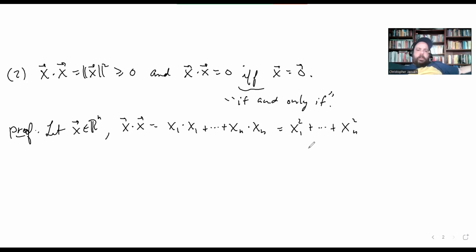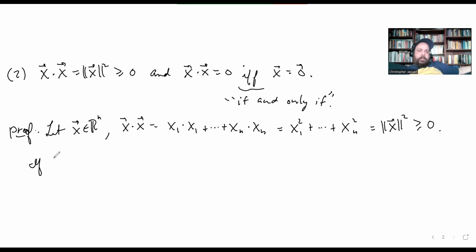And if you remember the definition of the length of a vector, we went over that in the last set of chapter notes. This is the square of the length of the vector by the definition. So this is the length of x squared. And since this is a real number, squares of real numbers are always non-negative. Okay, and for the last part,